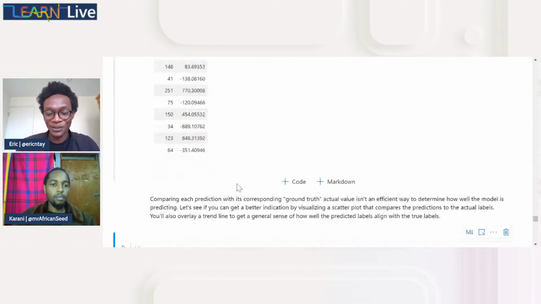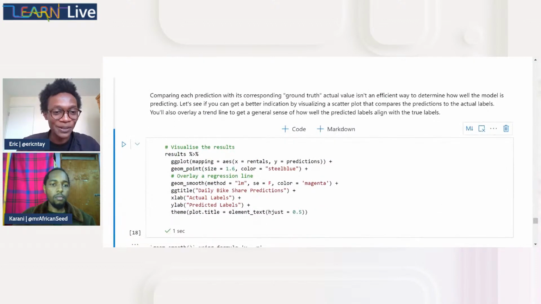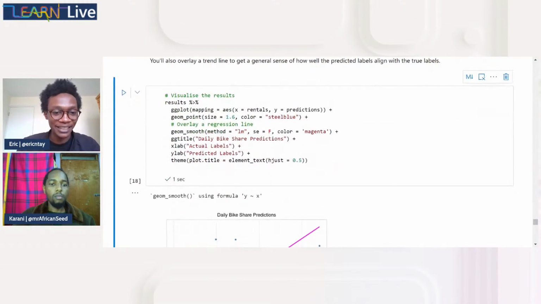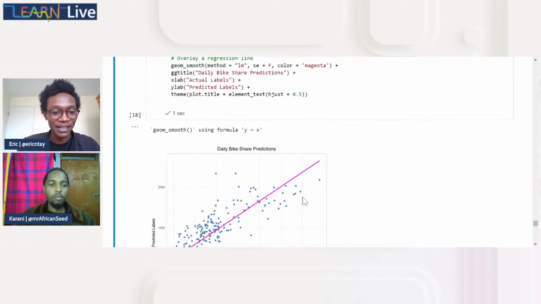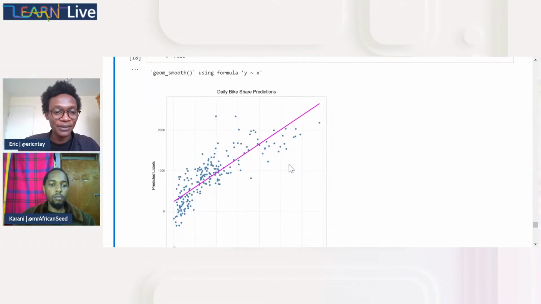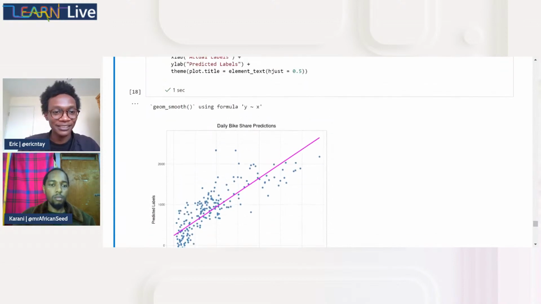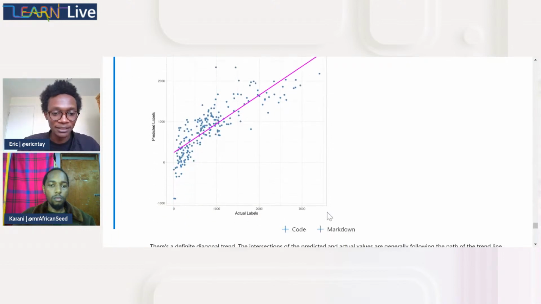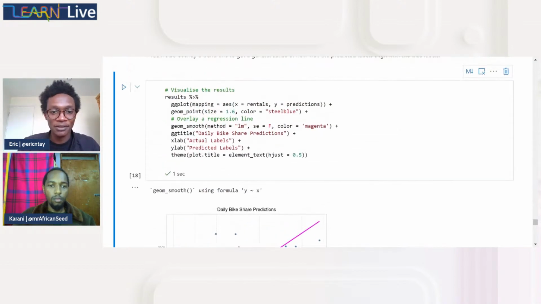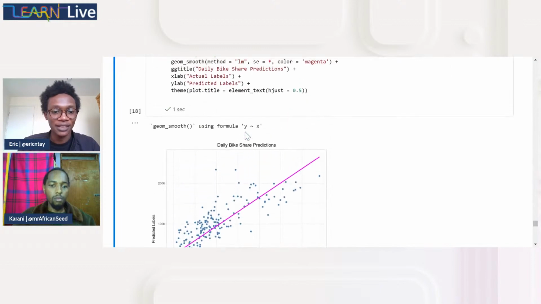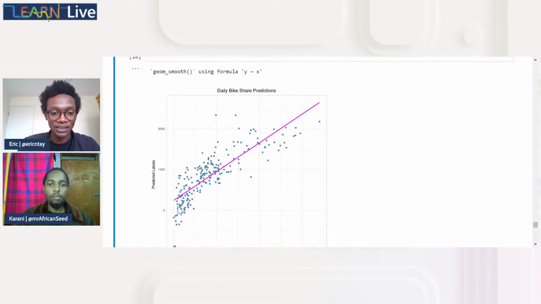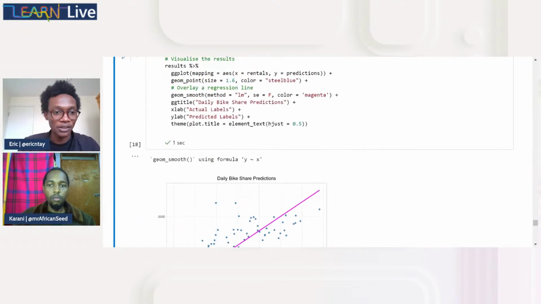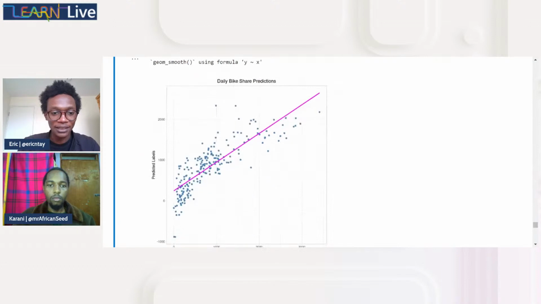There are better ways to evaluate this. So as a first, we can try visualizing the results. So, Karani, what do you think this shows us? Because you've taken the results, you've passed it on to ggplot, and you said on the x-axis, give me the actual labels, which are the rentals, and the y-axis, the predictions. And then, because our linear regression model tries to make a straight line through the data, we've also overlaid one, and